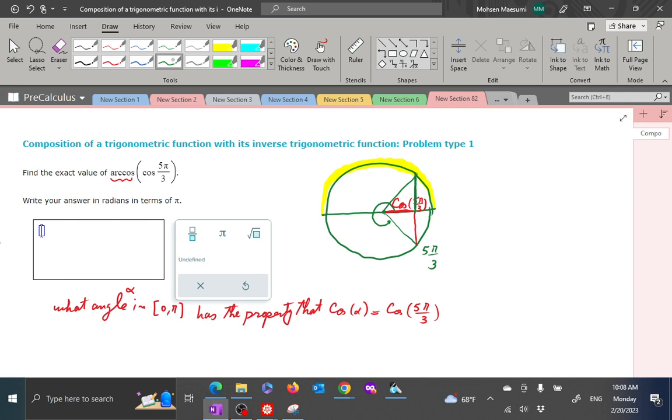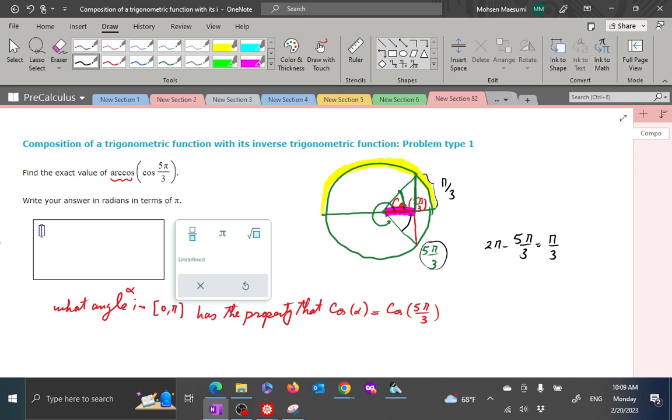and this angle, well, if you want to calculate the cosine of that, you would have ended up with the same foot here. You would have ended up with the same cosine. So we want to find that angle. Well, we can make a very simple recipe for this. That angle would be the same as this, and to get that, all you have to do is subtract that from 2 pi. Take 2 pi, subtract 5 pi third, you end up with the angle pi third, and this angle here is